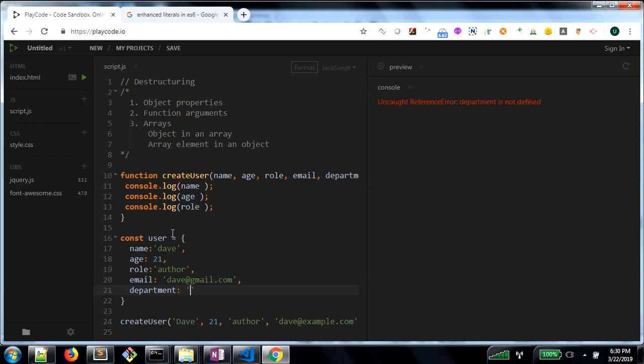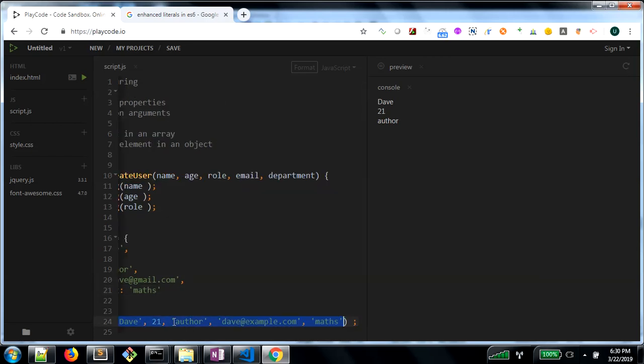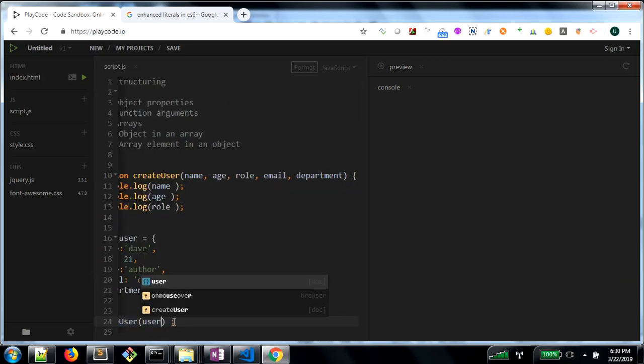Department is maths. So I can choose to pass only this one object here, as user,